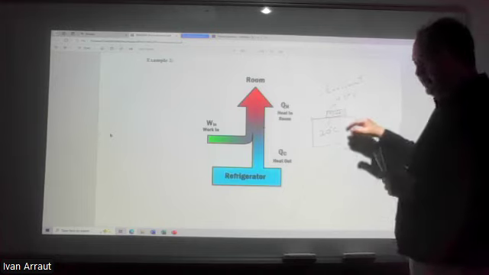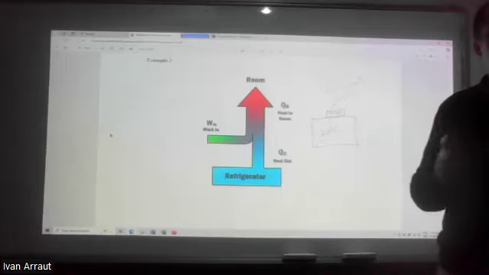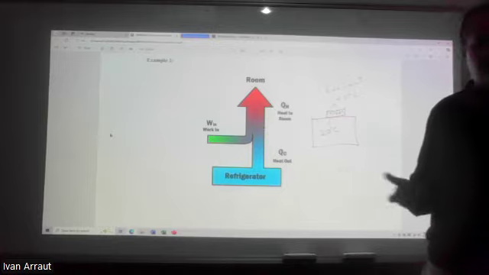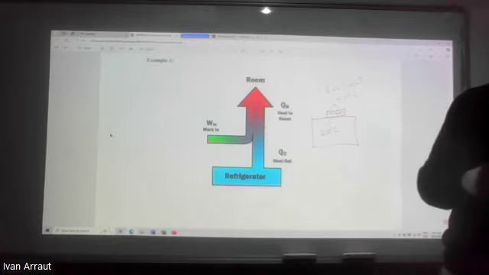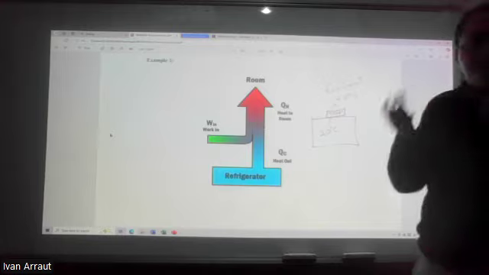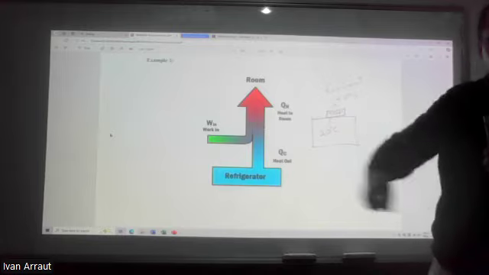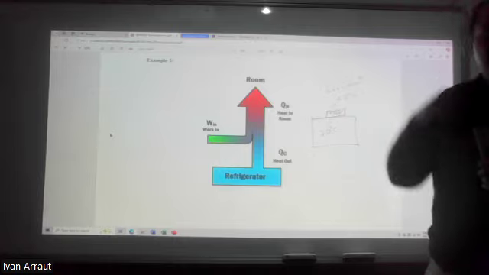And there will be a refrigeration fluid flowing inside, which doesn't escape. It cannot escape, it's toxic. It's inside the engines, it's inside the refrigerator. You cannot see it, but it's circulating in a cycle inside the refrigerator, inside these engines.